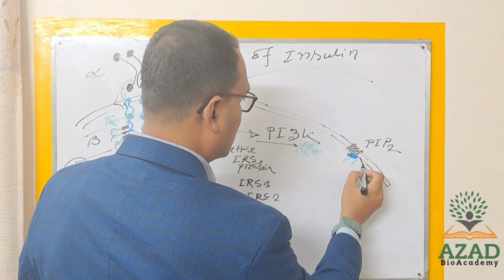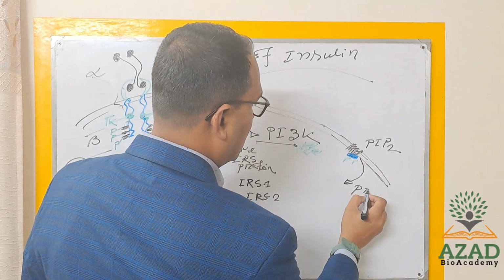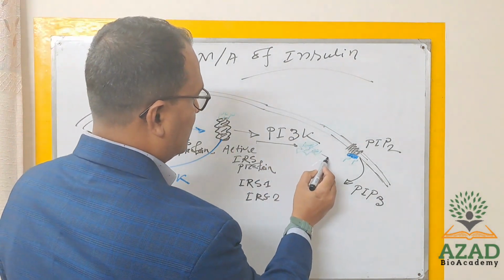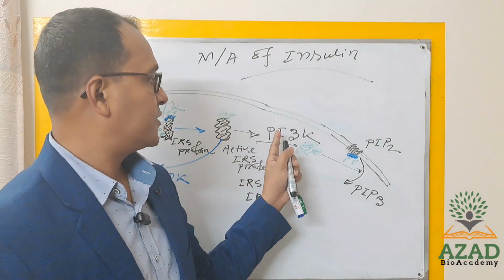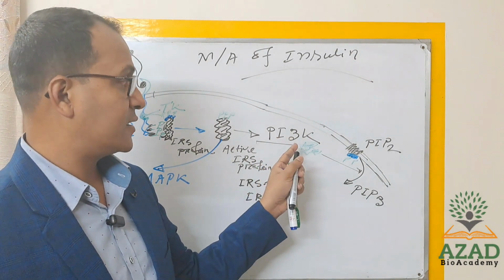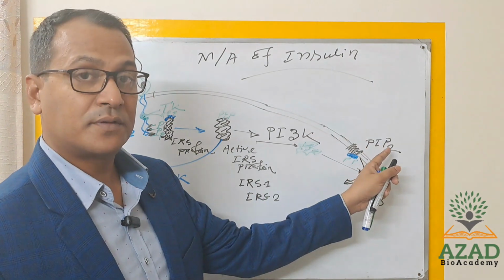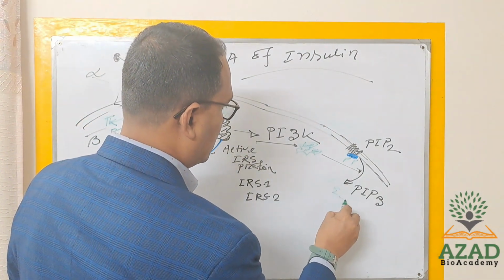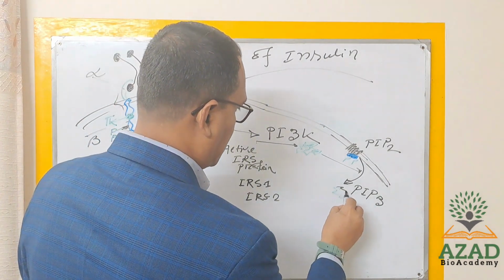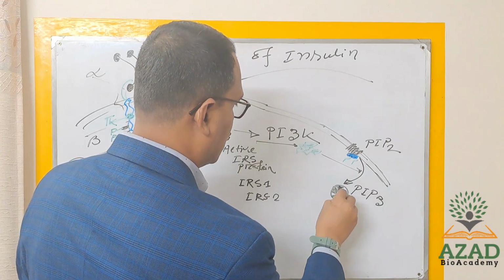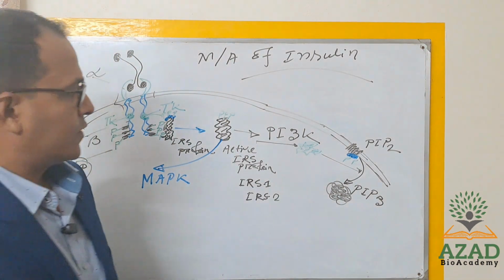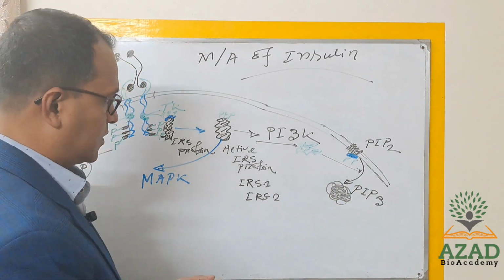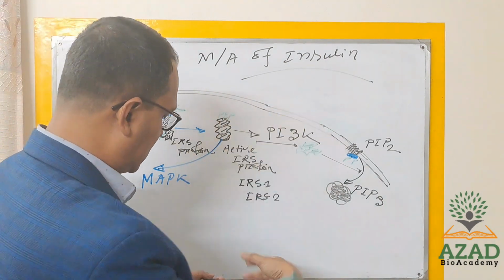And that bisphosphate will turn into PIP3 by the enzyme PI3K. The phosphoinositidyl 3 kinase enzyme will add one phosphate onto the PIP2 and then it will turn into PIP3. So you can think this is your PIP3. Okay, this is your PIP3. So then what would be the function of PIP3? That PIP3 will now activate one of the major molecules of this pathway,